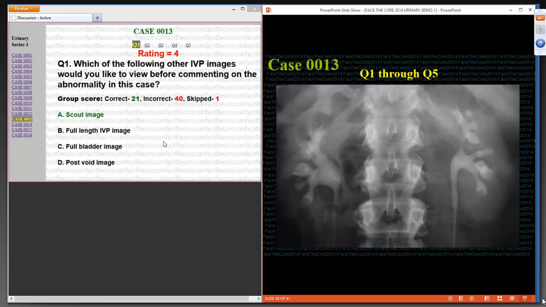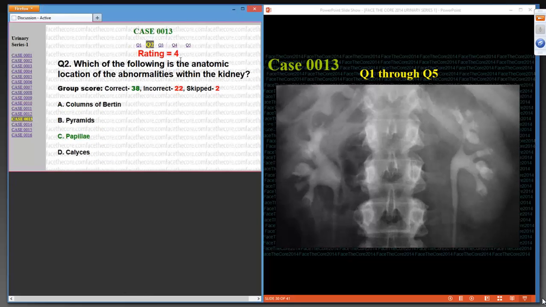Now, which of the following other IVP images would you like to view before commenting on the abnormality in this case? Same type of question as we asked before, but again to bring out the importance. Scout image. Because the abnormality is located here, what you need to know is, are these stones or are these collections of IV contrast? And which of the following is the anatomic location? They are in the papillae